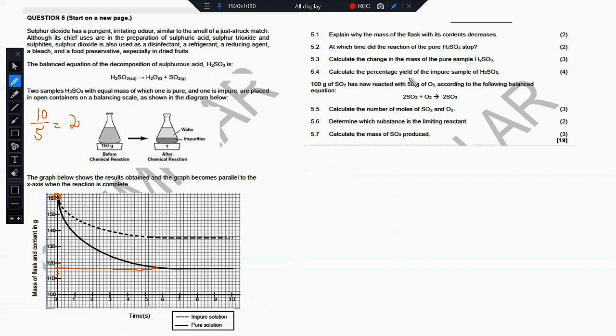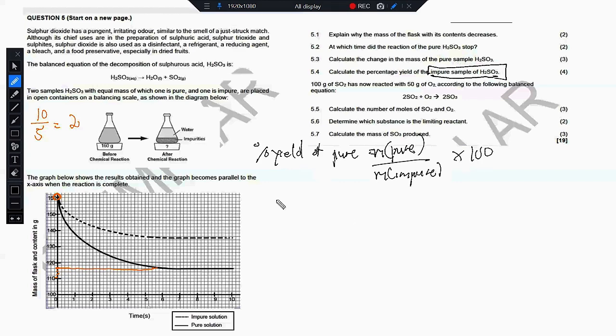Now 5.4 says calculate the percentage yield of the impure sample. So now I get that there was a confusion around this question here, because most of the time you are used to calculating the percentage yield of the pure sample. Now this time around you are being asked to calculate the percentage yield of the impure sample. Now to calculate the percentage yield of pure, we know that the formula is mass of pure over mass of impure